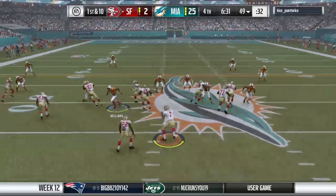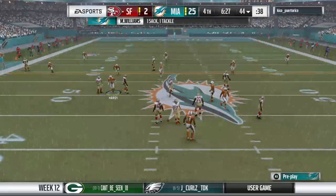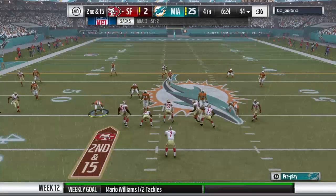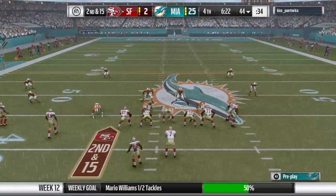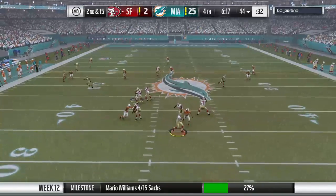And they're going to speed things up here. Pressure, and he's going to be taken down. They sack him back right around the 44. Sometimes I watch games and wonder why they use play fakes on certain passing situations because it's not going to fool anyone. I don't know if that was the...